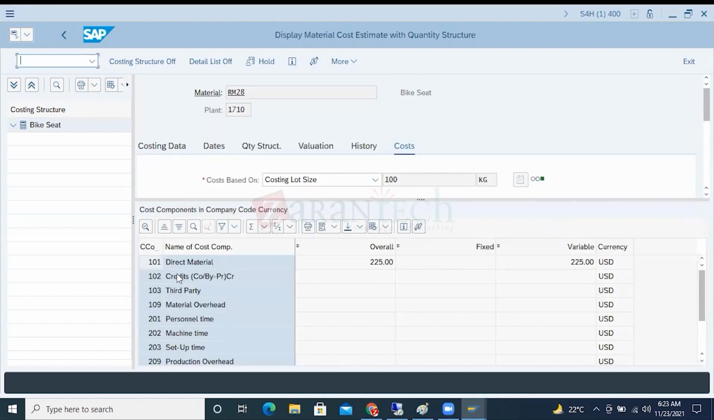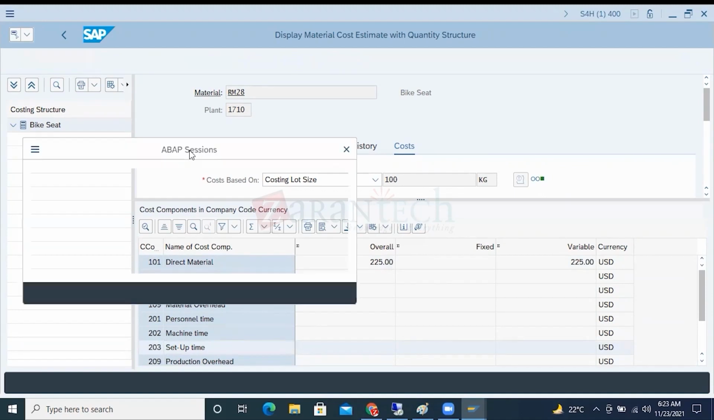You can see here, direct material 101. So the cost you are calculating is only on the direct material, because there are no credits, no third party material, overheads, personnel time, machine time and everything. These costs are not going to be included. So you are taking the cost component structure. If I go and open the next screen, another screen,